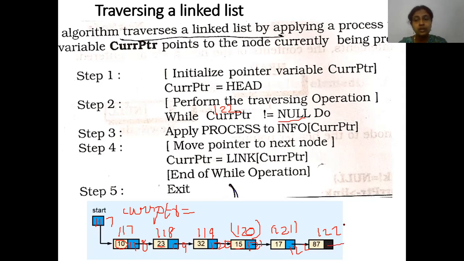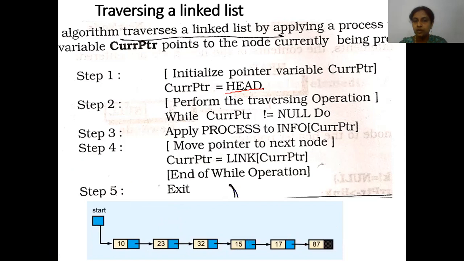So what will happen? When the while statement condition fails, it will stop. So there it ends. Current position would be at 122, and we would have visited all the nodes from the beginning till the end. Whenever it sees the null, it will stop the process. Until that, it will take the value and move node by node with the help of current pointer.